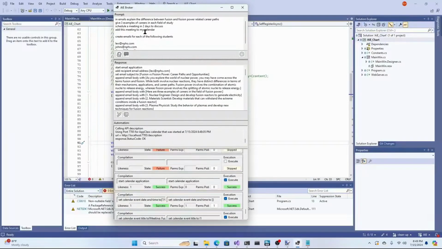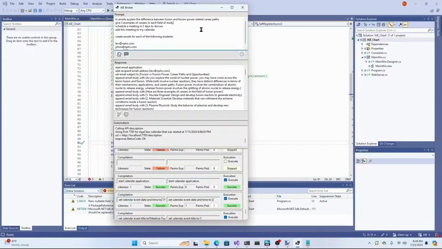Okay, I'm trying to think of a way to work a column chart into this. I can't think of a good way to work a column chart into a meeting about fusion and fission. Oh, what if we do this? All right, this is saying add a meeting to my calendar, create. All right, let's say schedule a meeting. So 3 examples of career paths. Now, let's say chart